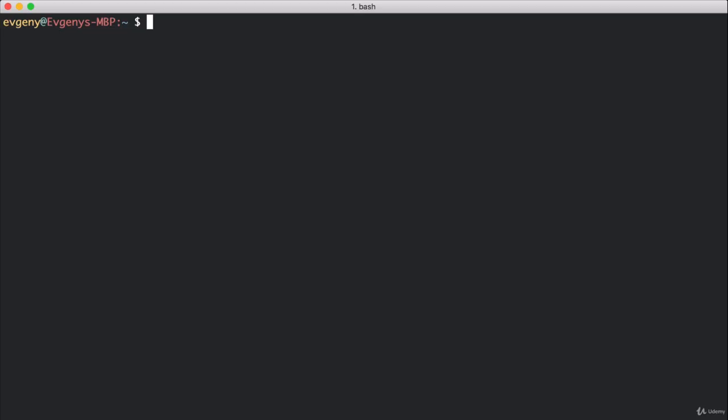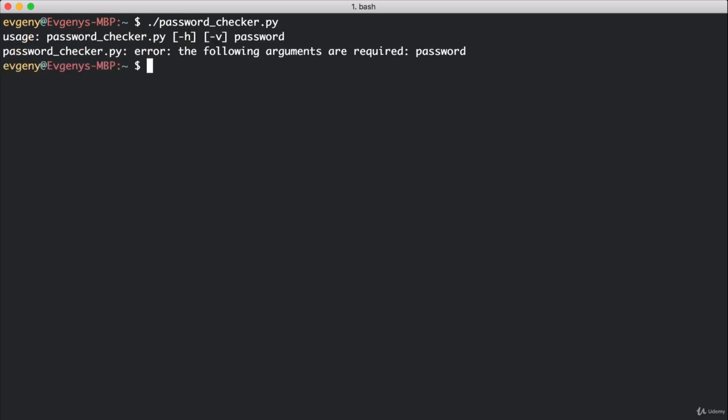Here we are on the command line, and we're going to run the password checker tool. And you'll see that it reports to us that the error is the following arguments are required, password. And you'll see that there's this nice little usage instruction here that says, here's what you can pass in to the password checker, including the required argument password. So let's try it with the flag,